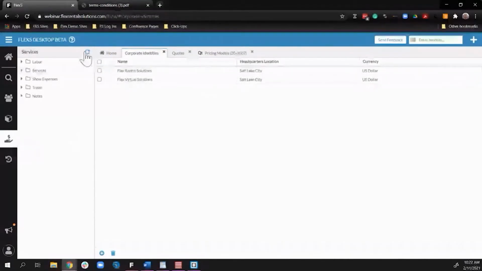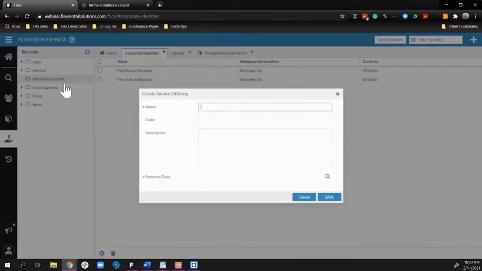We're going to come here and refresh. And so now we see our additional virtual productions in this. And right now there are no resource types. So is the highlight. To add an actual production thing to it, you can right click, create service, and we could start putting in this. So we're going to say web stream